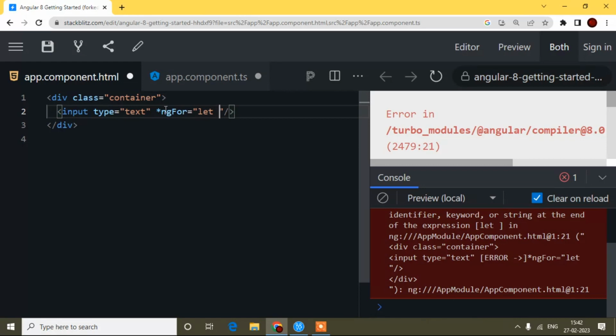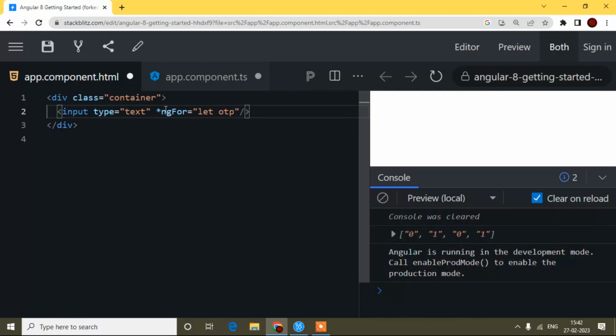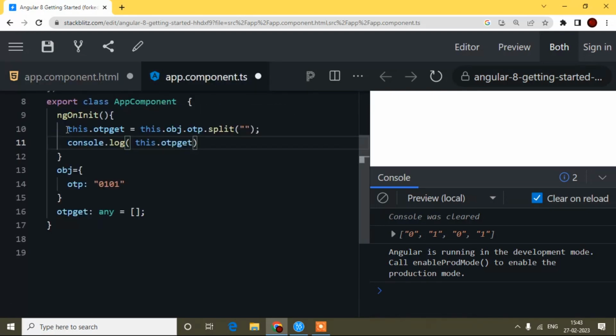So here I will use the let keyword and I have to write one variable. The variable name I will write otpTemplate. By the way, you can write any name for this variable. This is simply a variable, and inside this variable I will store our OTP.